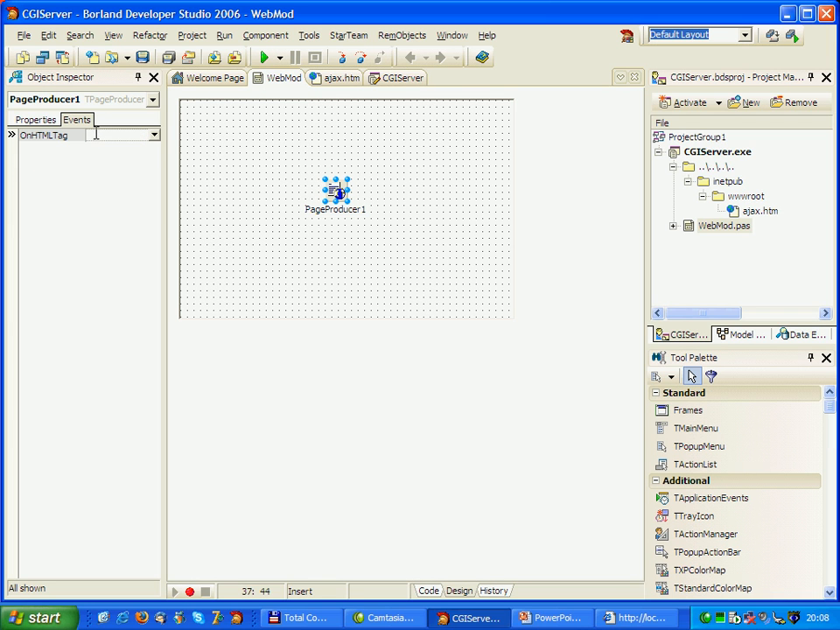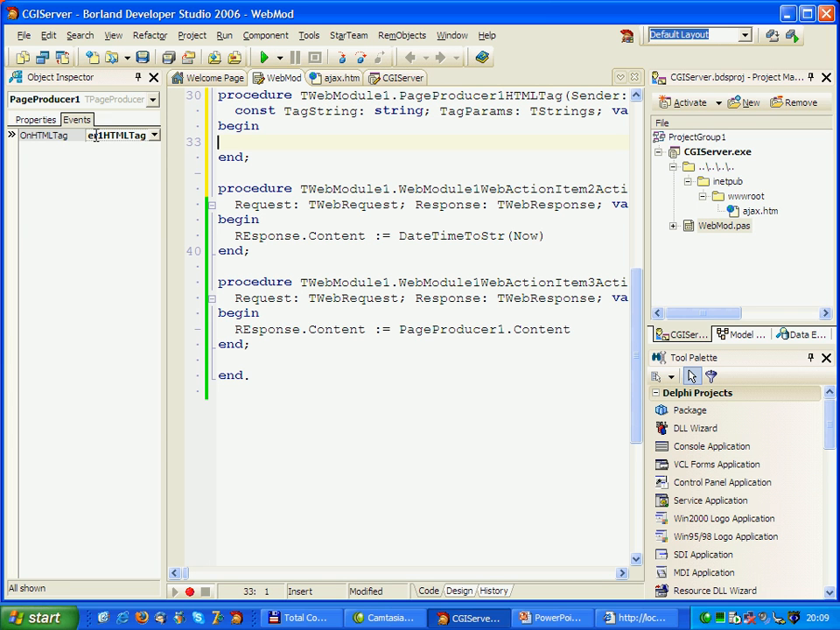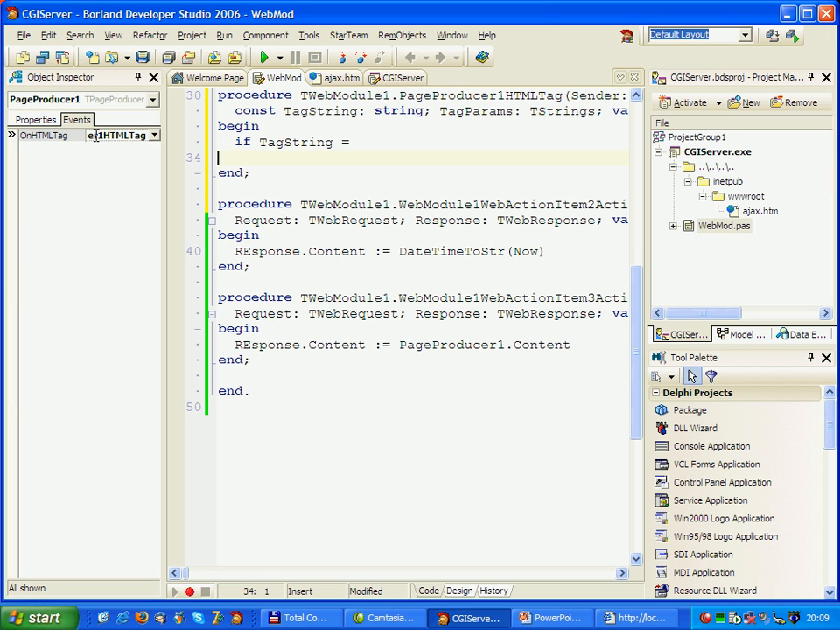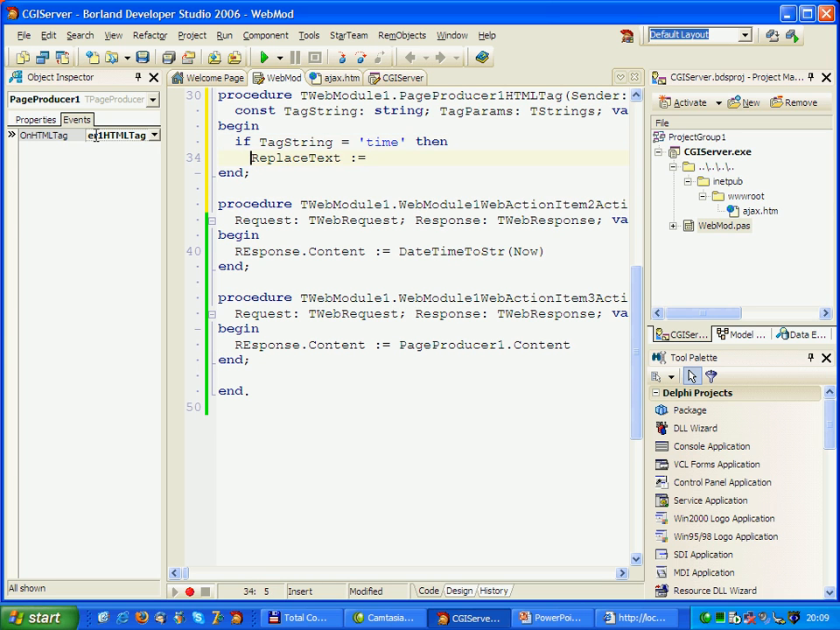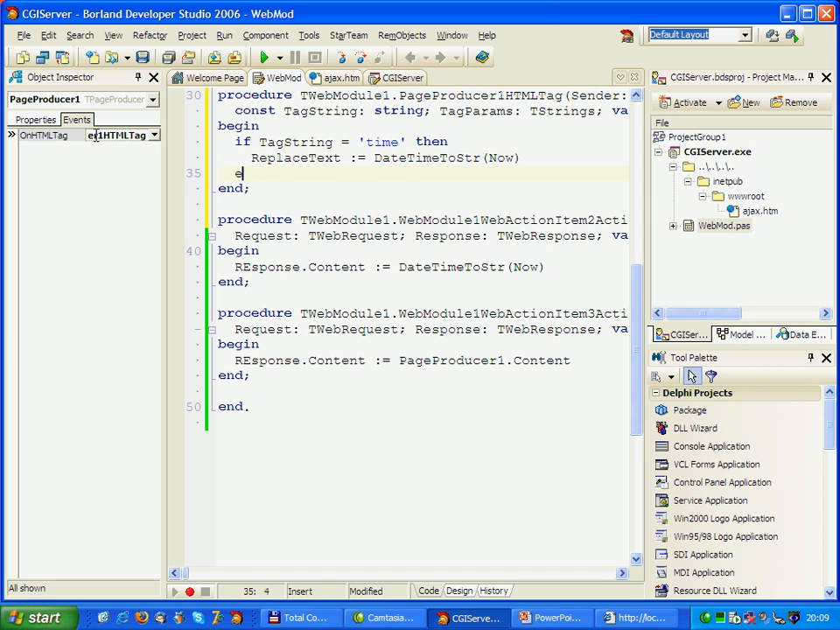Also, we need to implement two methods on the page producer. We need to implement the onHTML tag event handler for the time and the random tags. So in here, if tag string equals time, then replace text colon equals datetime to string of now. Otherwise, in other words, tag string equals random,